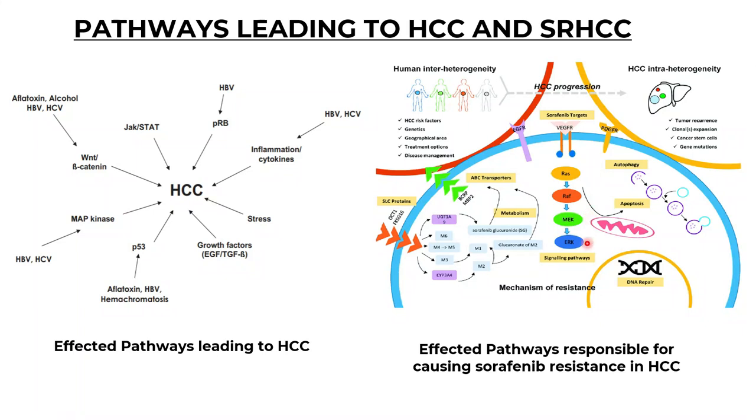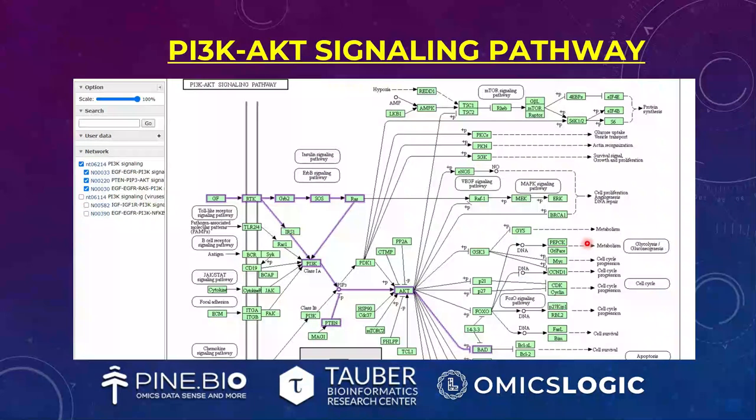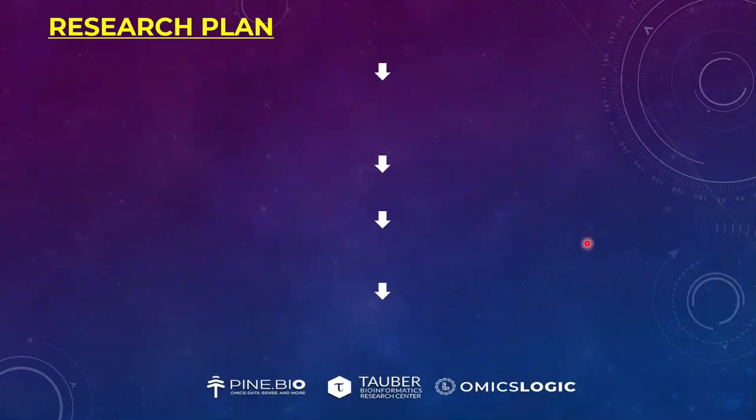Overexpressed drug targets and perpetually activated signaling pathways will promote cell proliferation and survival, therefore promoting chemoresistance. Cellular pathways or processes such as DNA repair, apoptosis, and autophagy can redirect their effect to promote cell proliferation and survival rather than cell death. I will also shed some light on the role of the MAPK signaling pathway and PI3K AKT pathway in causing the condition. So now talking about the research plan,